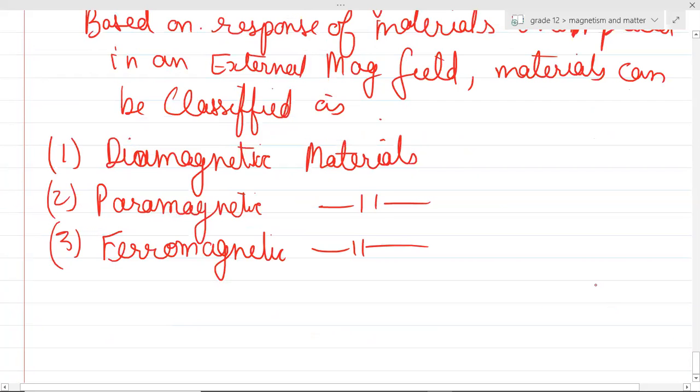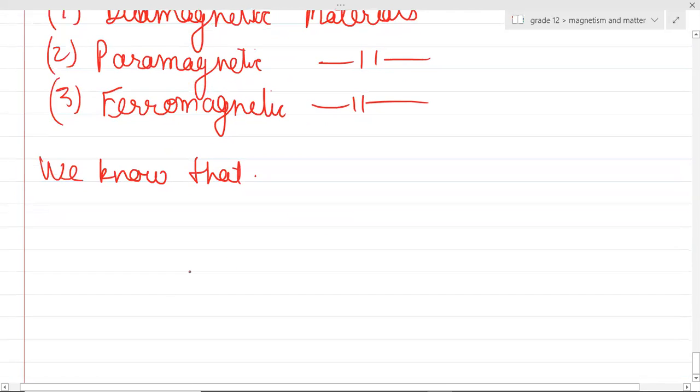our syllabus, but I'll still give you the definition somewhere. So anyways, we know this particular thing. Guys, do we know this? That whenever a charge is rotating around a nucleus in a hydrogen atom, if a charge is rotating around the nucleus, right? So suppose if this is an electron and this electron is rotating with the speed v, then we know this particular thing. Guys,